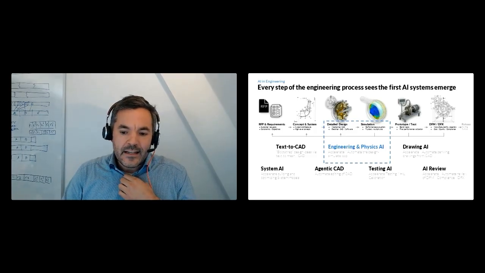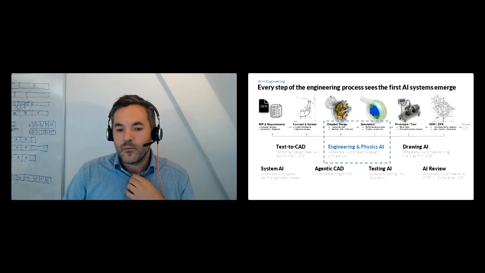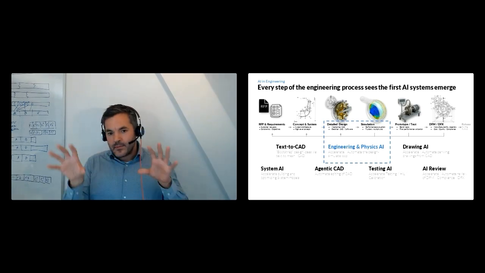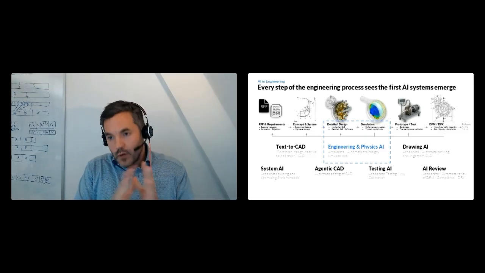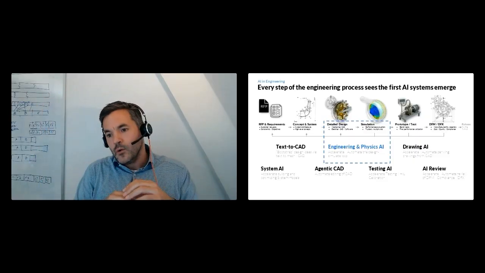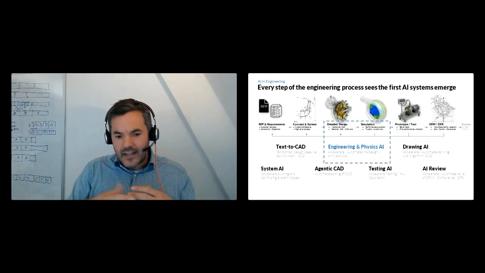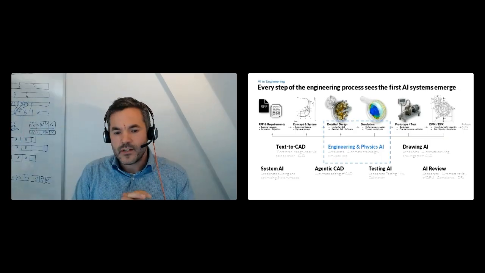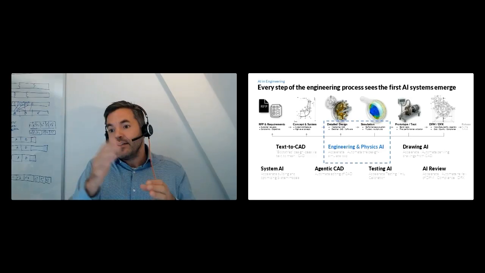And why it's such an exciting time from our point of view in engineering is that we see the first AI systems emerge in each of those parts of the product development process. We're seeing super interesting work done by companies in system simulation, in drawings automation, drawings review, DFM review. We see the first steps at more autonomous CAD editing, text to CAD, in many different flavors. And each of those systems addresses one step in the product development process to accelerate, potentially even automate, that